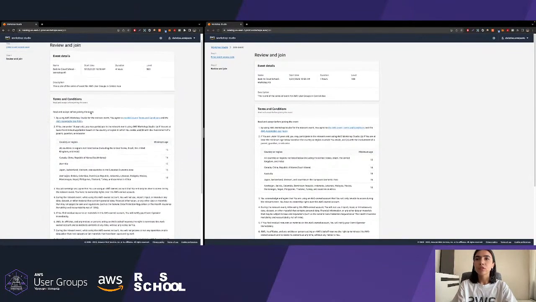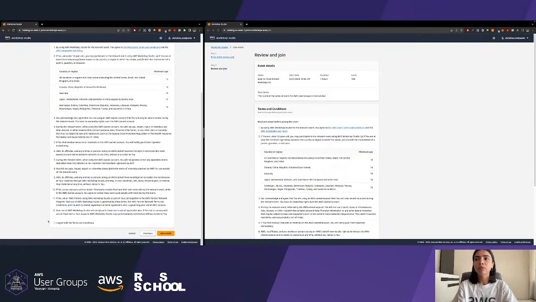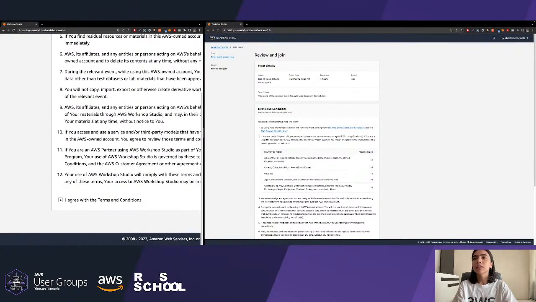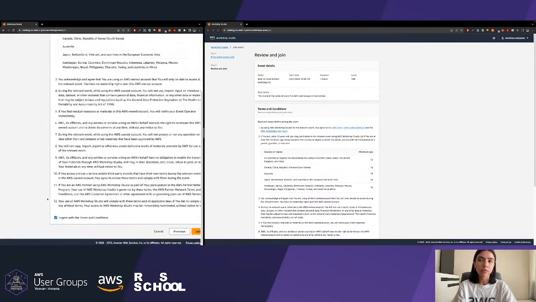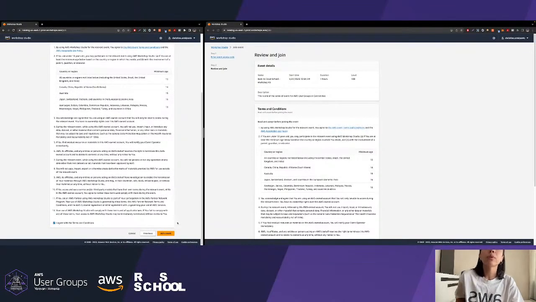Just scroll all the way down the page, click the checkbox that you agree with the terms and conditions of this workshop, and hit the join event button. I'll do it in both tabs, so I can have the documentation of the workshop on one side and the workshop itself, the console, on the right hand.